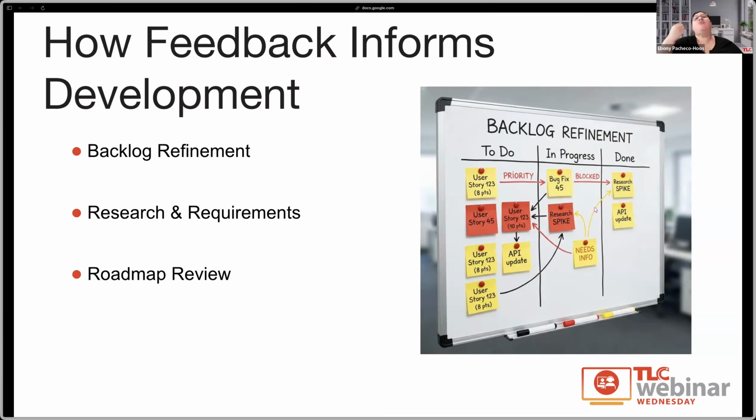It will meet the need of the roadmap entry, which may be a customer priority and may not be, or it could be a TLC priority, or it could be a market priority. But now we're trying to also tie those market priorities, TLC priorities, sales and marketing priorities, etc., to ideas that customers have submitted and are looking for, again, changes within the product. So we're always trying to tie those into ideas that we have on our backlog overall. And that is, again, the most exciting part of this process, to go in and really see how we can pull all of those in and utilize that information going forward.